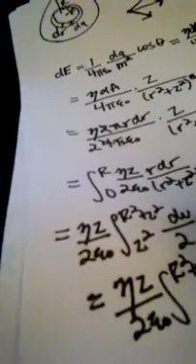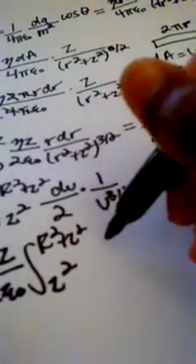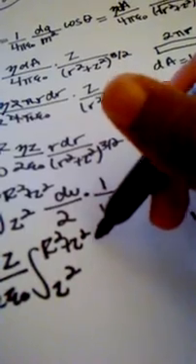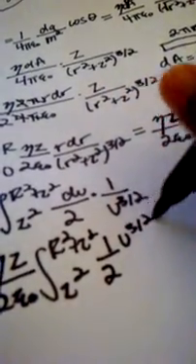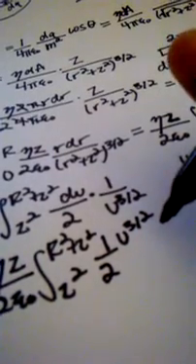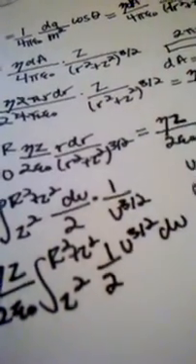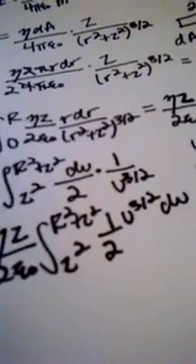r squared plus z squared, to the 3/2. So this is 1 over 2 times u to the 3/2 du. Right. And so the integral of u to the 3/2 is just going to come out to be,